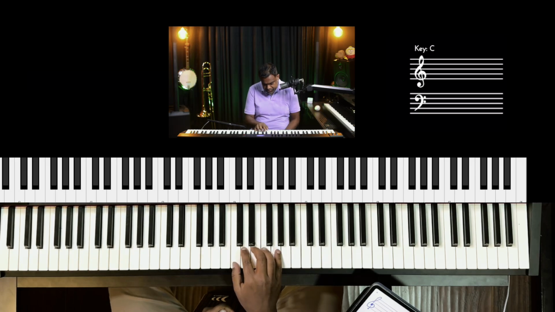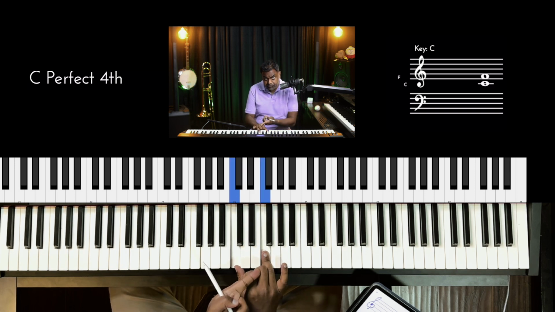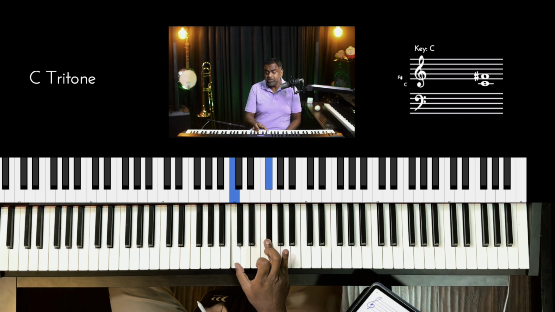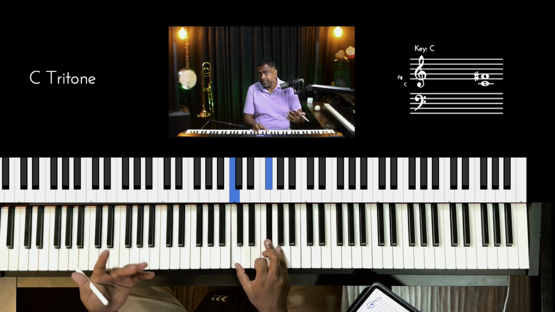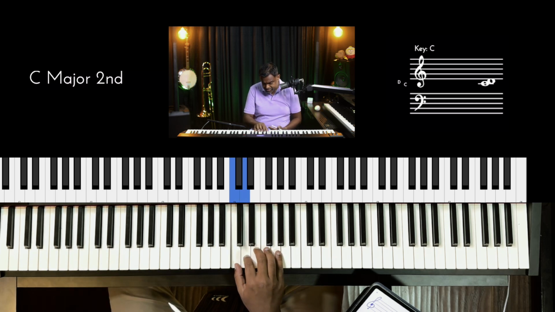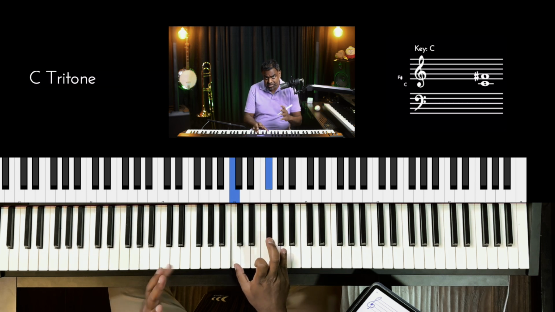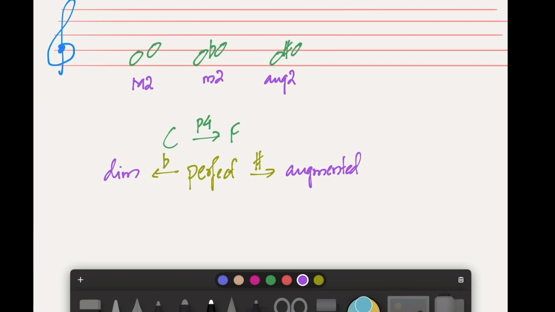So in Carnatic music, or while building ragas, that would be a perfect 4, that would be an augmented 4. Yes, we also call it a tritone in some cultures. Perfect, tritone. There we have it. So C to F would be a perfect 4, but C to F sharp would end up being an